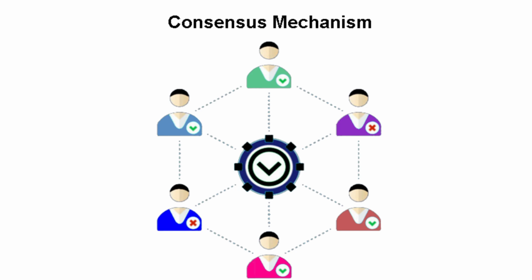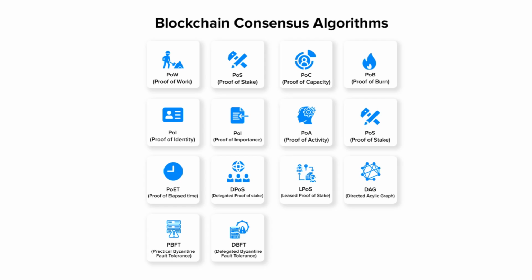So now it is time to discuss blockchain consensus mechanisms. Blockchain consensus mechanisms are fundamental to ensuring the validity and security of transactions in a decentralized network. These mechanisms enable the network participants, or nodes, to agree on the state of the blockchain, ensuring that all copies of the distributed ledger are identical and up to date. The most common consensus mechanisms include proof of work, proof of stake, delegated proof of stake, and practical Byzantine fault